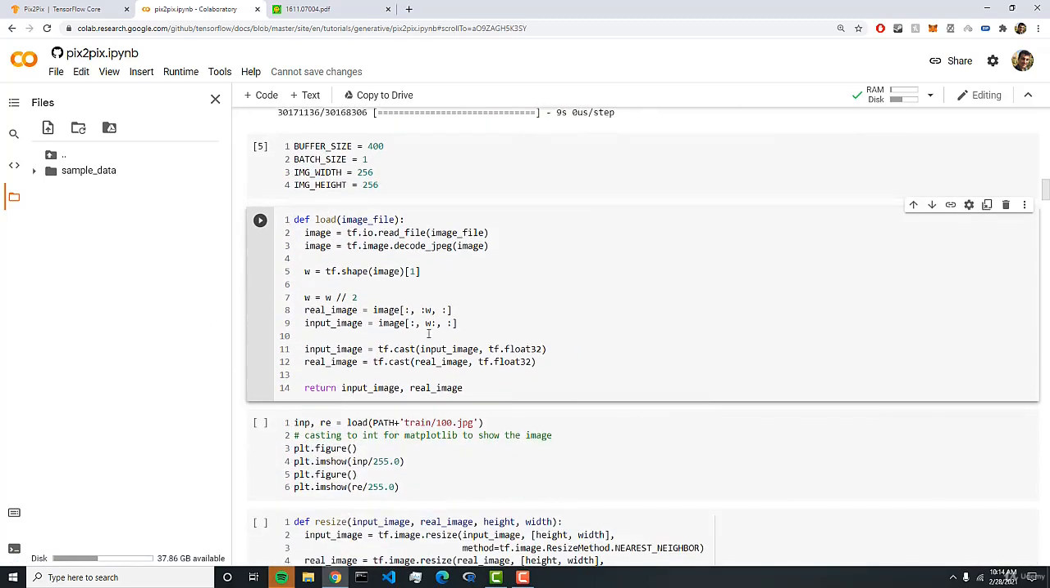Next, we have this load function. And here we're reading a file, image file, decoding it, and we're grabbing this following code. It's important to note that oh,